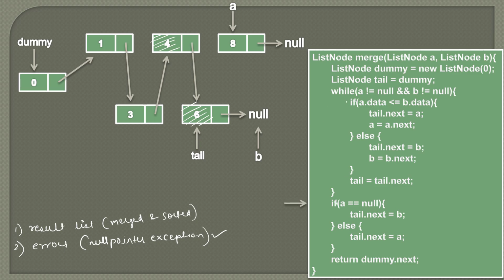And after this while loop, we have this if else block. Now why we have provided this if else block is, B got exhausted, but there could be a chance that in A there could be elements left. So currently here we have only one element. There could be a possibility that its next should point to, let's say, 9, then 10, 20 like this. So our task is to add these remaining nodes as well after 6, because tail is pointing to 6, and 8 should come after 6 via this tail node.